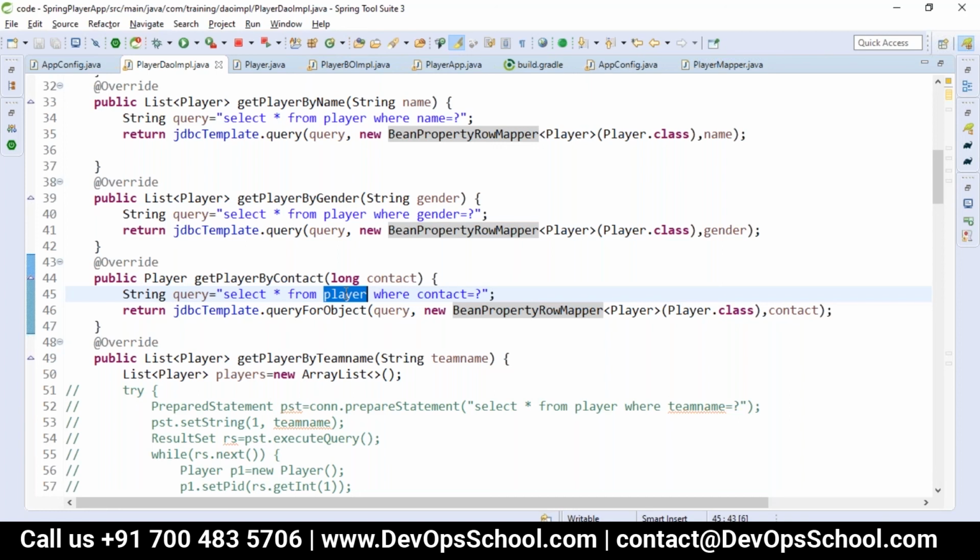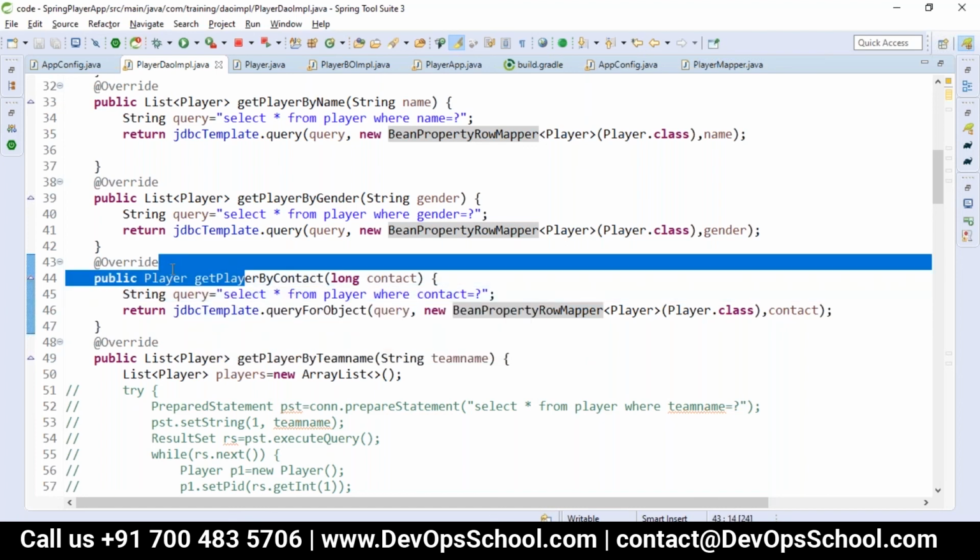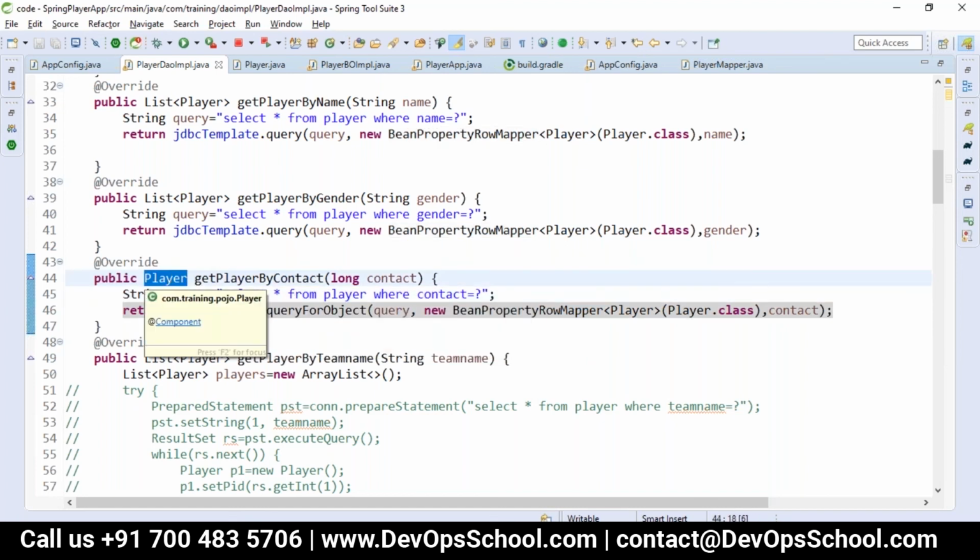If I have to do some union or join operations, then we include that in the same query? Yeah, we can do it. We'll be writing a join query, and you have to construct your own object and store that result. Because here it will return only the player object, no? Based on the return type, I might have to create an intermediate object. Yes.